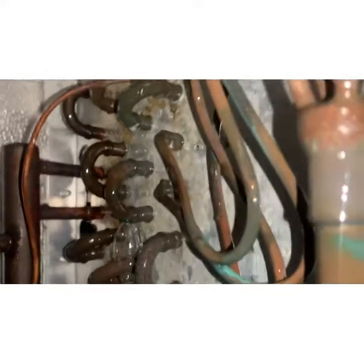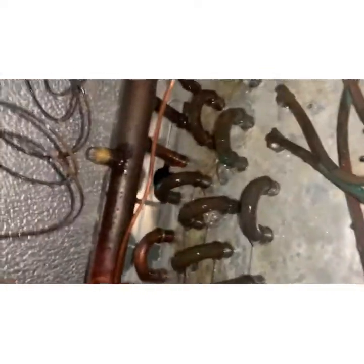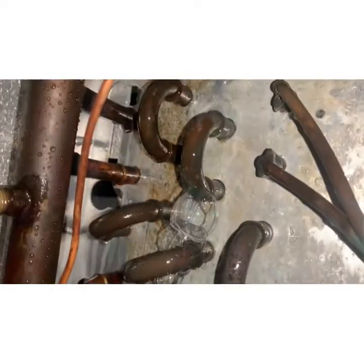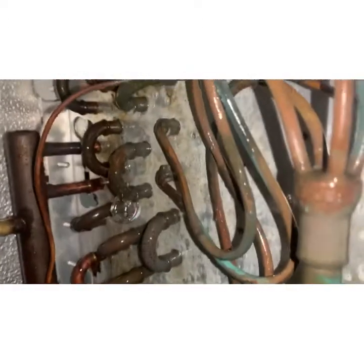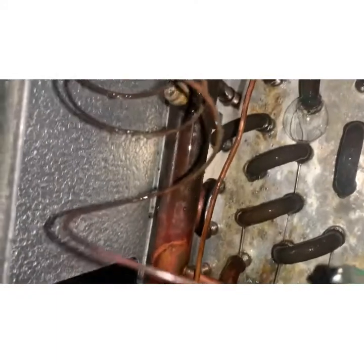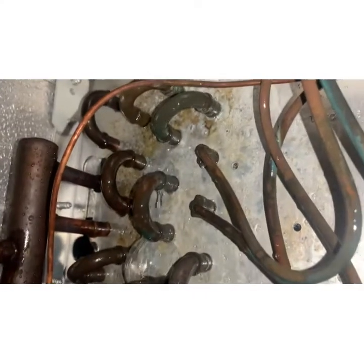Got a leak right there in that bend. Right there in that bend. I'm going to check the whole thing. Make sure that's the only leak we got. I got a lot of bubbles here too, but I think they're just dropping down. Yeah, it looks like it's just there. Look, there's a little frothy right there. Is that from my...